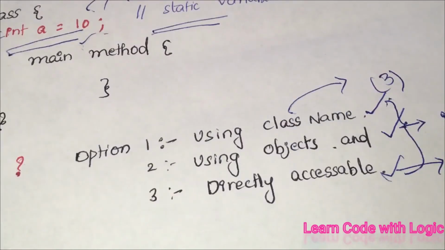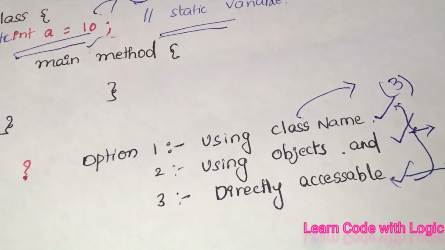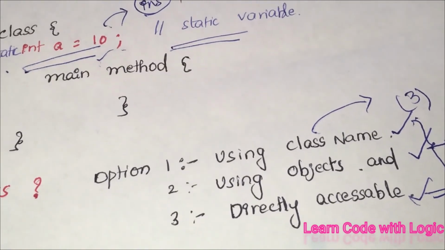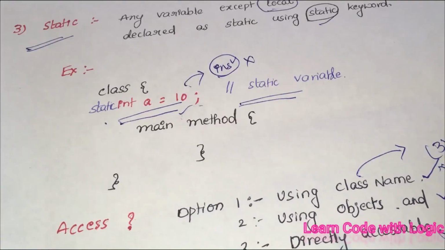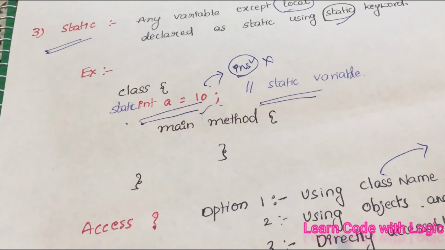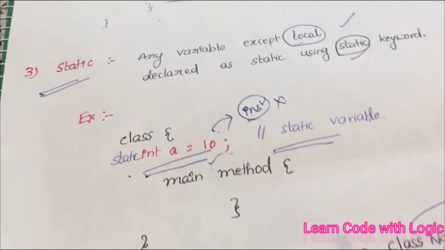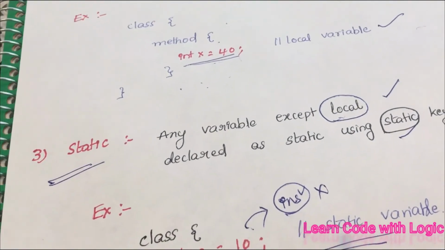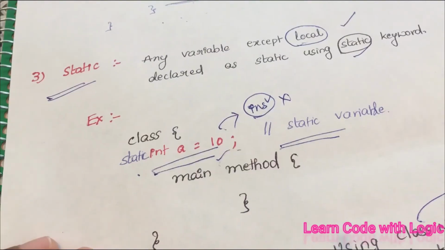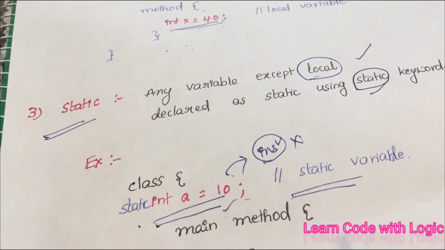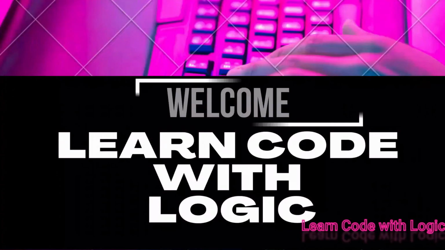Do you still have questions or confusions? That's okay. In my next tutorial I am going to take some more coding examples to understand this concept of types of variables. There we will see one by one what an instance variable is and how to call it, and what a local variable is and all. So this one is basically for theoretical understanding.